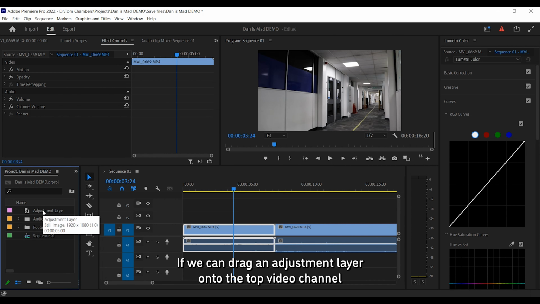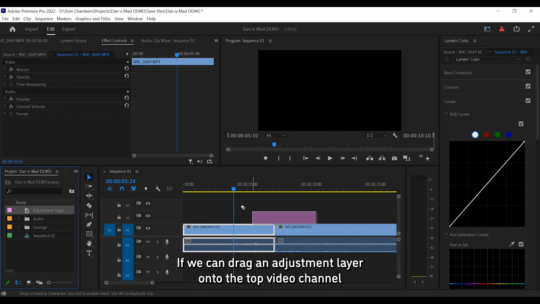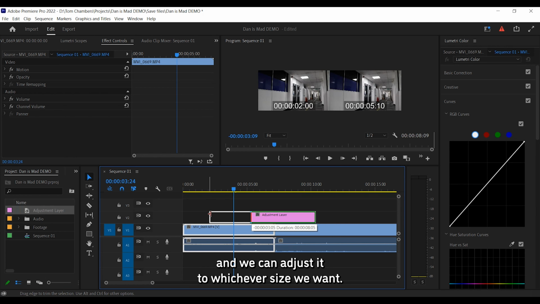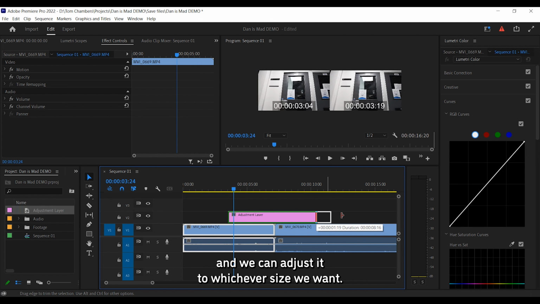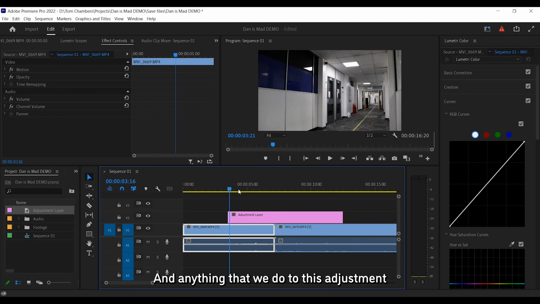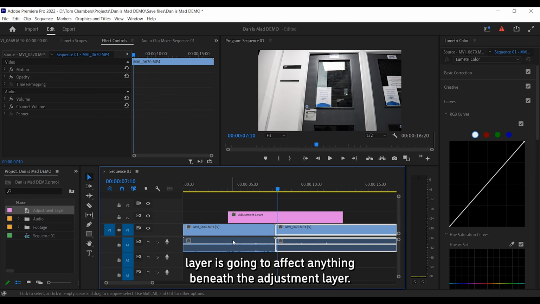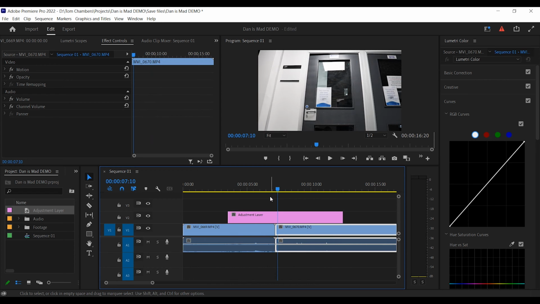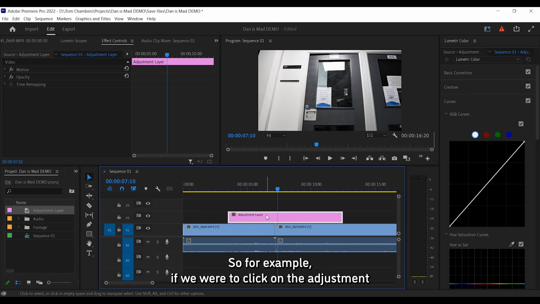We can drag an adjustment layer onto the top video channel, and we can adjust it to whichever size we want, and anything that we do to this adjustment layer is going to affect anything beneath the adjustment layer. So for example, if we were to click on the adjustment layer and manipulate